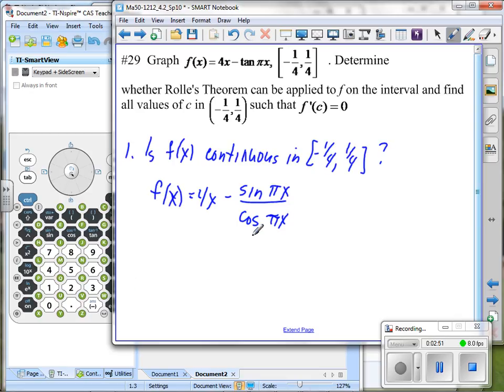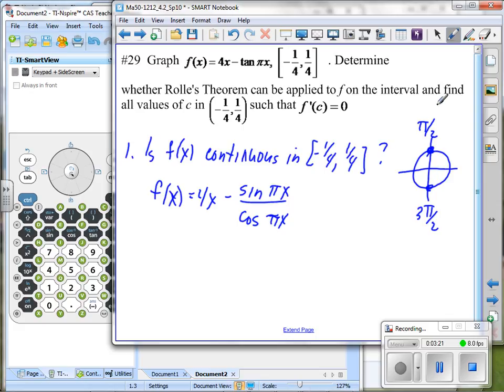What makes tangent undefined? When cosine is 0, and it's 0 here, and it's here, at pi divided by 2 and 3 pi divided by 2. If I'm at -1/4 and 1/4,